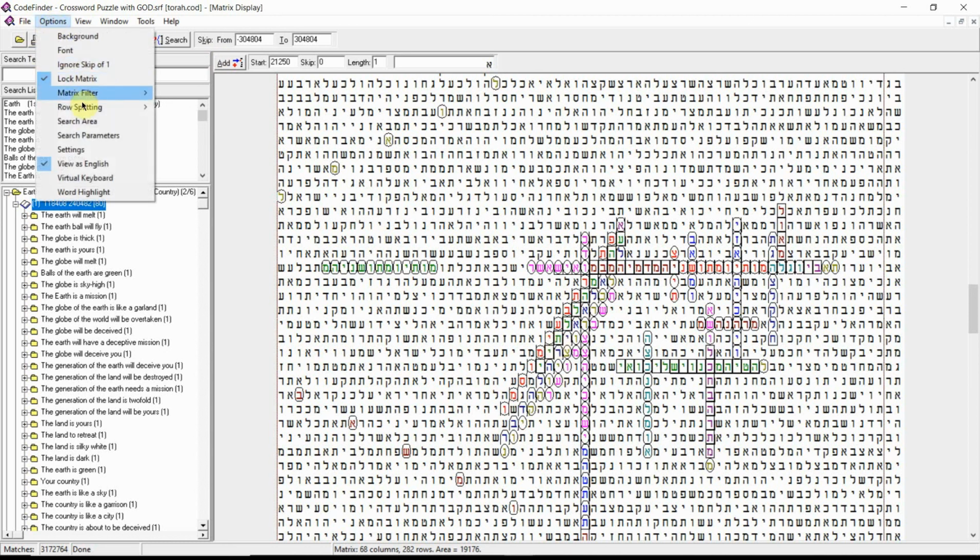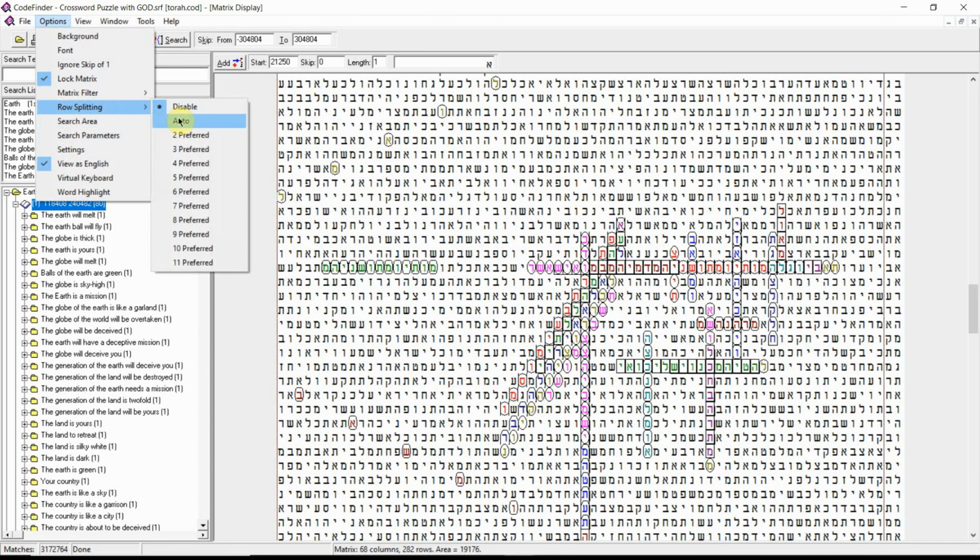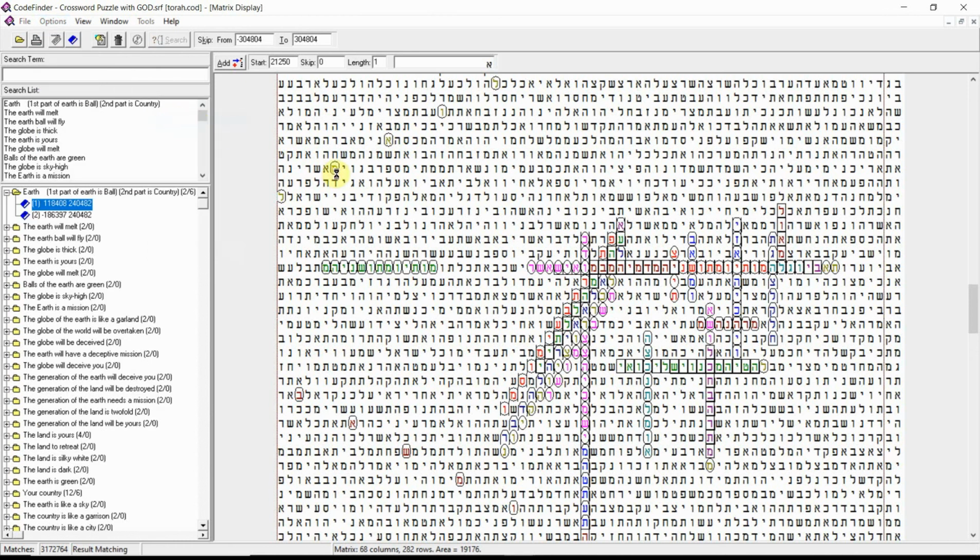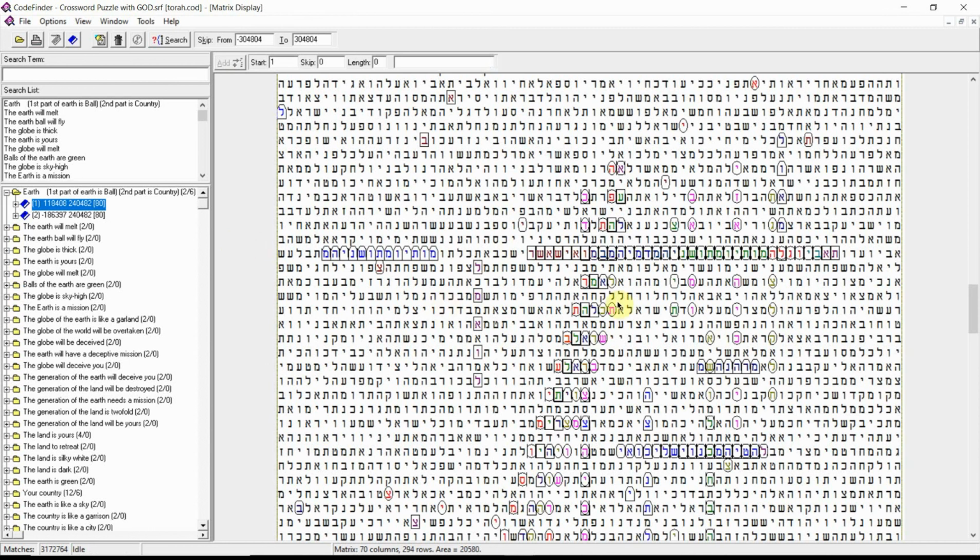So if I change this option, row splitting, to auto, it will do its little cycle here. And now there's a space in between these rows. And to me that's confusing because now I have extra letters in there. That doesn't make any sense to me.